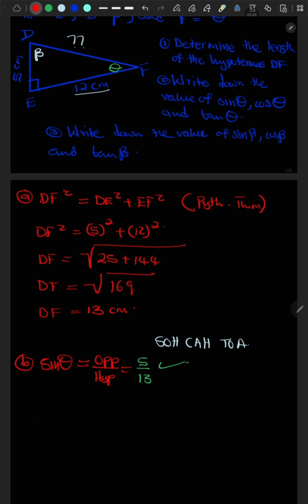The next one is cos theta. Okay. What is cos theta? Going back to our SOHCAHTOA, this is adjacent over hypotenuse. Looking at theta, what is adjacent to angle theta? Is 12 centimeters over the hypotenuse, which we've determined above again, which is 13. This is your answer. And then the last one,